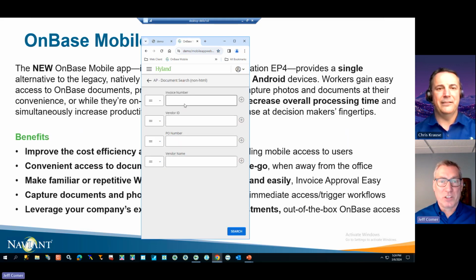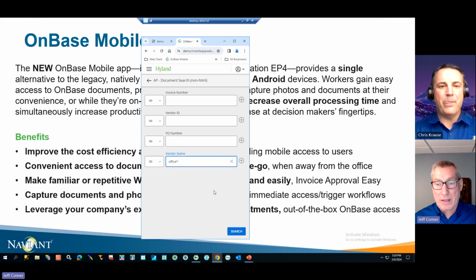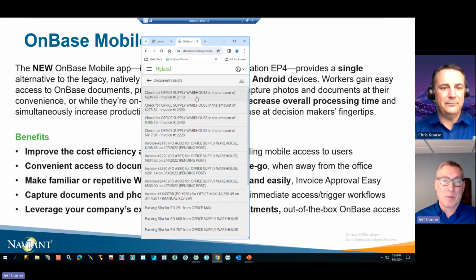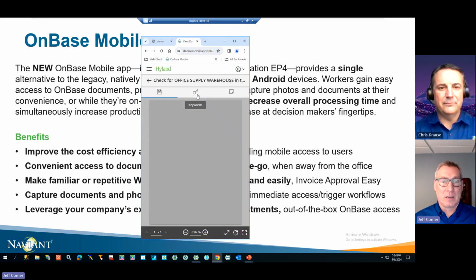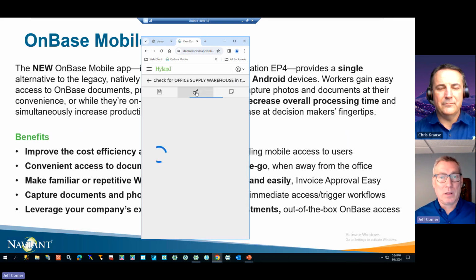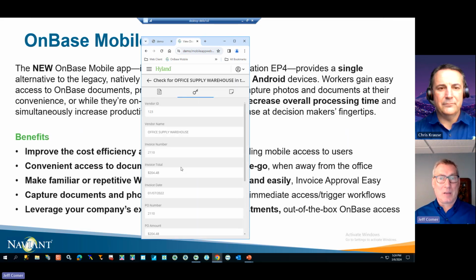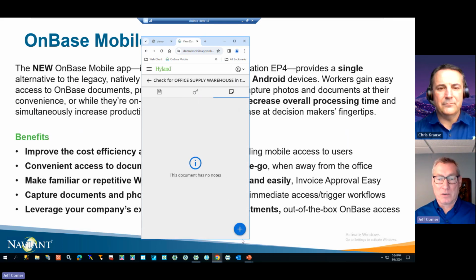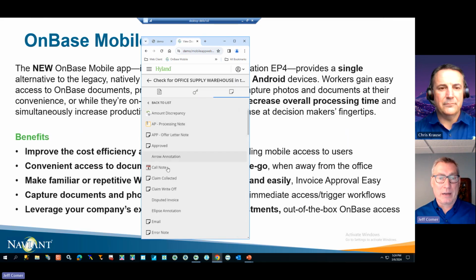Just real quick on the search side of things, I can use all of the same queries that I can use inside of OnBase. I can find a hit list of documents. I can open a document, view the document, and view the keyword data on that document. And if I want to, I can create notes, right? I can add different annotations and sticky notes,